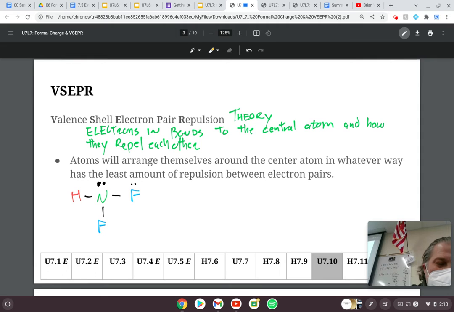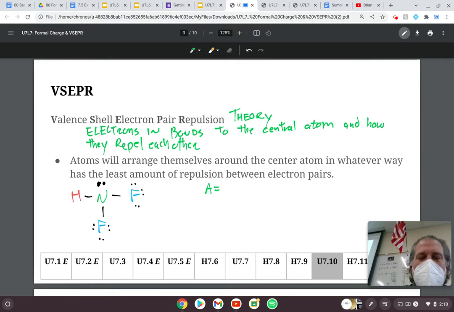So the fact that there are electrons around the fluorine here, they have very little bearing on the shape of the molecule. It's the bonds and the atom and the electrons that are on the nitrogen that are all about the shape of the molecule. So, for example,